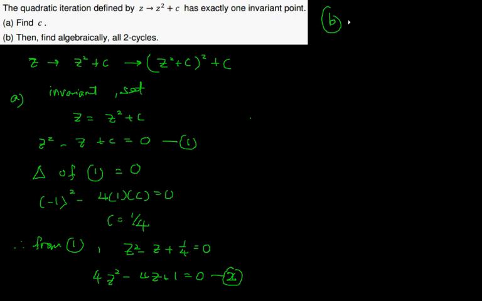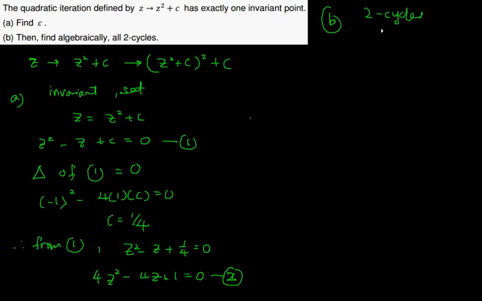And incidentally, we already have the means to do so, because if you solve equation 2, you will be able to determine the invariant point. So now we would not need to resolve equation 2, but use it later. I'll show you how. Now for 2-cycles,